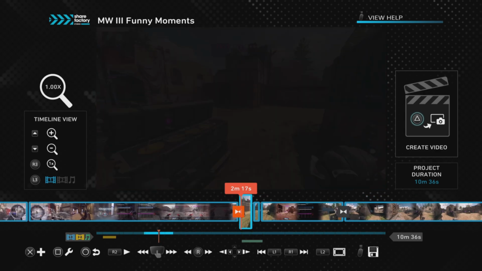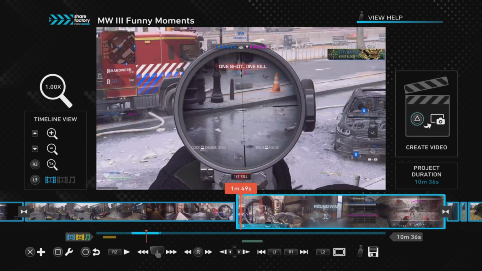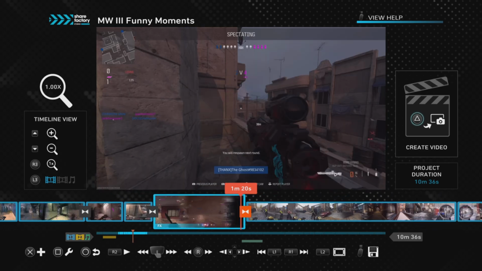And then after that I'll go through and add the transitions. And I'll switch it up because I don't want the same transition over and over again. Some look cleaner, some look just nice. Some just fit perfectly. But I always try to switch it up.